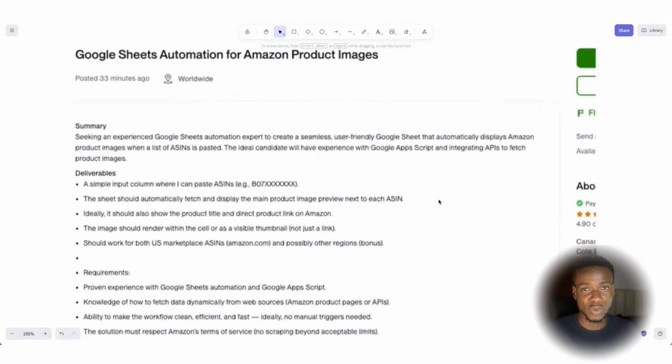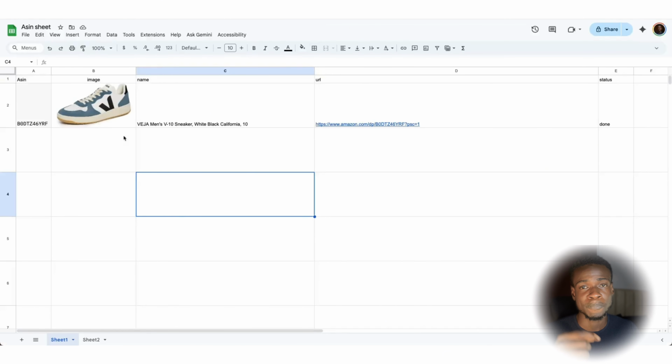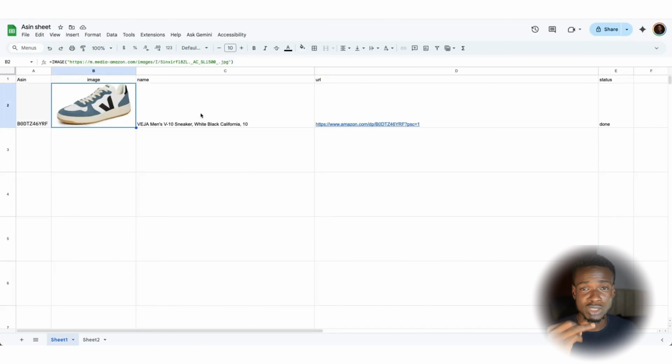So I found this job on Upwork where the client wants to build a Google Sheet automation for Amazon product images. Reading through this summary, you will discover that the client wants to paste a standard identification number into a Google Sheet. Then it will automatically populate with the product name, the product image, and a URL to the product